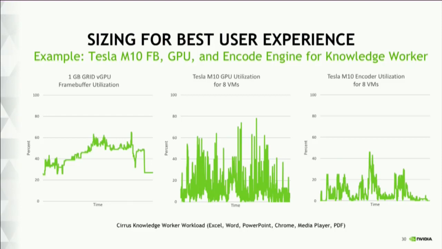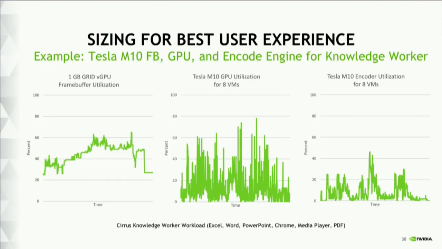The next 2 graphs, the middle one is our render engine, right? It's the GPU, what we traditionally think of as GPU. And as you can see, this particular user is using 60, 65%, maybe as much as 70, 75% GPU for their app stack, right? But remember that a GPU is not a CPU. CPUs get really upset at 100% utilization, or even less than that. We, on the other hand, think the GPU is finally working hard at 100%. So we have plenty of bandwidth, is the point, from a render engine perspective.